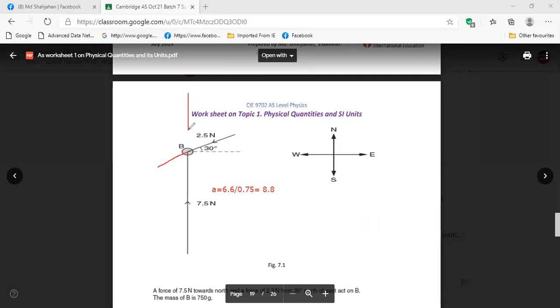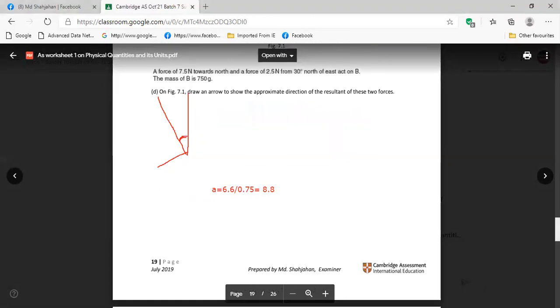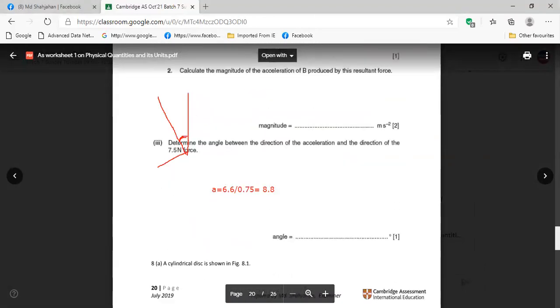So the upwards one is 7.5. Then you got one diagonal here, right? This way you got one diagonal, isn't it? So in between these two, the angle you got. Check it. How much is it? Sir, my drawing gives near about 39, 38. It should be 19. You note down that it should be 19 degree.